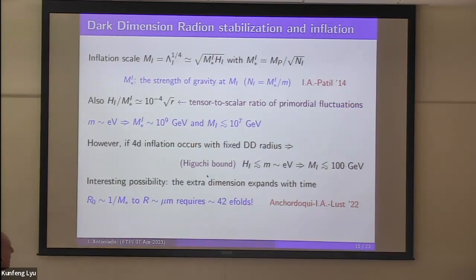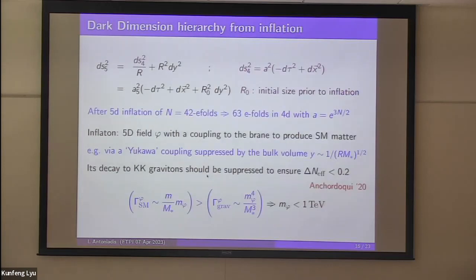So if you ask the question, how many e-folds you require, starting from a dimension that was of the order of the ultraviolet cutoff, the species scale at that time, to reach the micron scale, you find that you need about 42 e-folds, which is interesting. And actually, it's much more interesting because